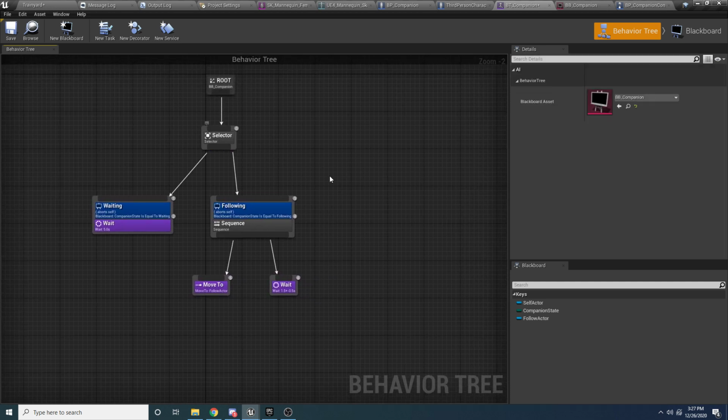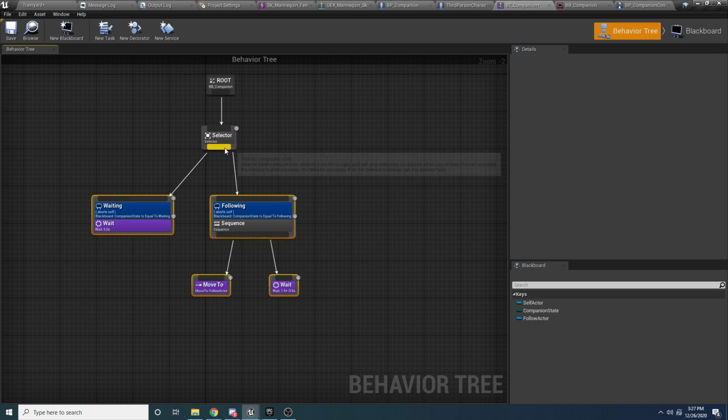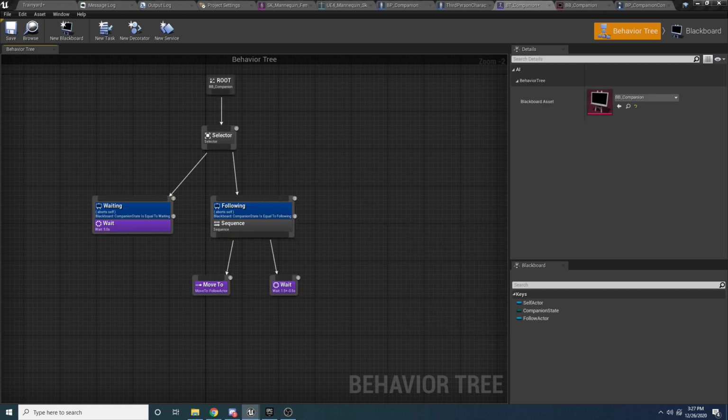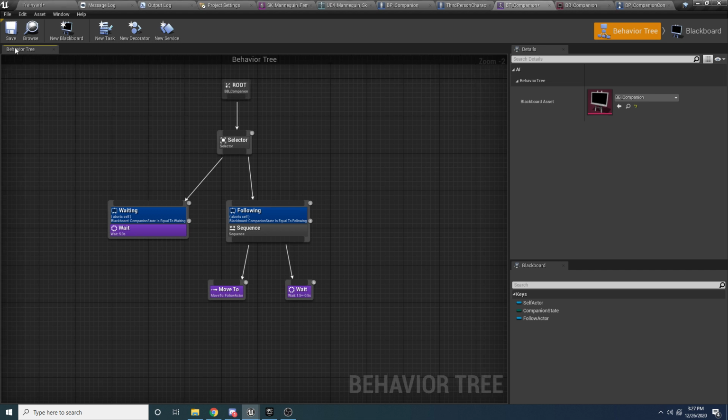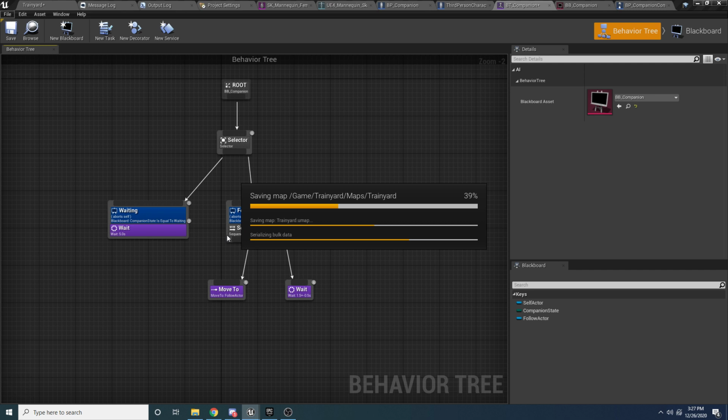And then after we get this working, we'll have one more here, and we'll hook it up to the move to, but we're going to do that last, so we're just going to leave this as is for right now. So we can say file and save all just to make sure we save this. So now that we have this behavior tree set up correctly, we actually just need to go and set these